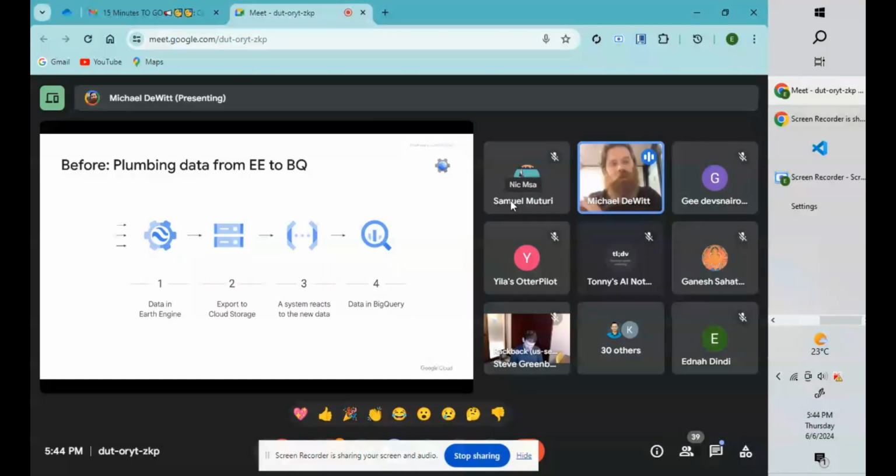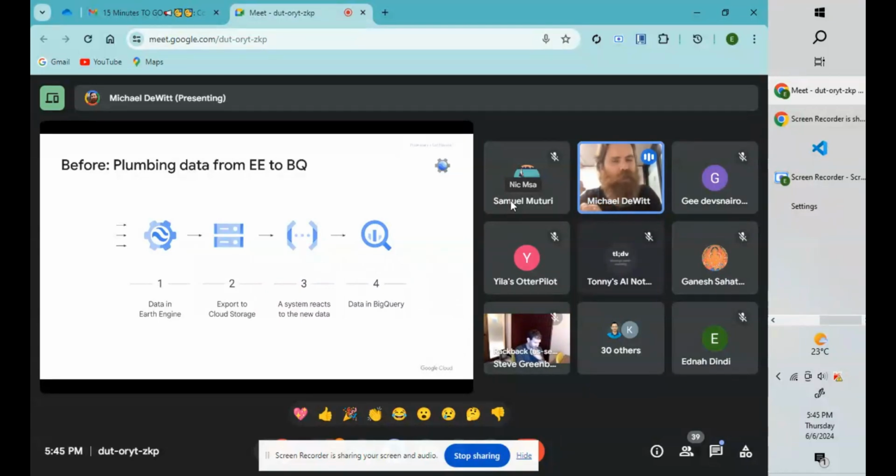So if you had data in Earth Engine and you wanted to get it in BigQuery, your best option was to export to some intermediate storage system like cloud storage or Google Drive, and you were responsible for making sure that the encoding was correct, that the amount of data that you exported was something that